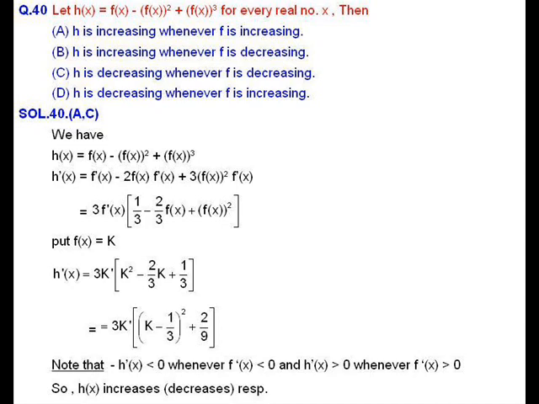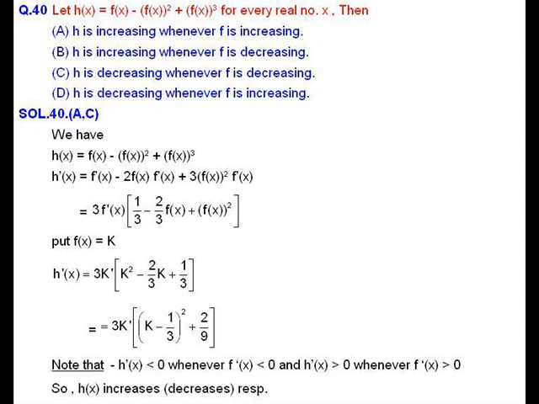We know if g is any function defined on some domain D to R, then if the derivative of g is greater than 0 in the domain, then g is increasing in the domain, and if the derivative of g is less than 0 in the domain, then g is decreasing in the domain. So we will compute the derivative of h. Then h dash x is equal to f dash x plus 2 times f(x) times f dash x plus 3 times f(x) whole square times f dash x.